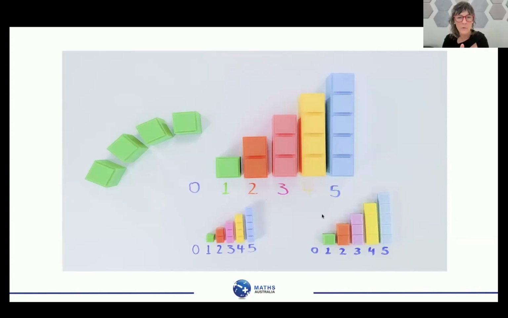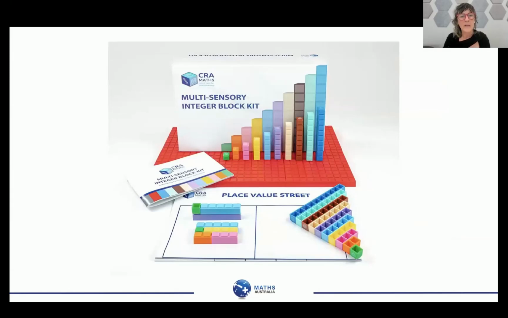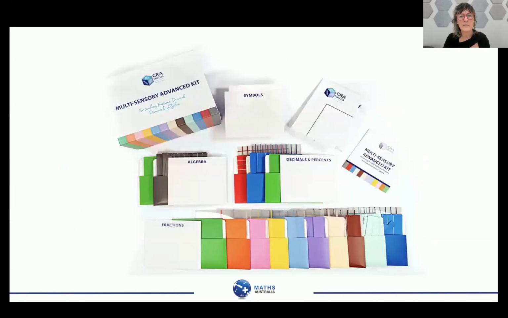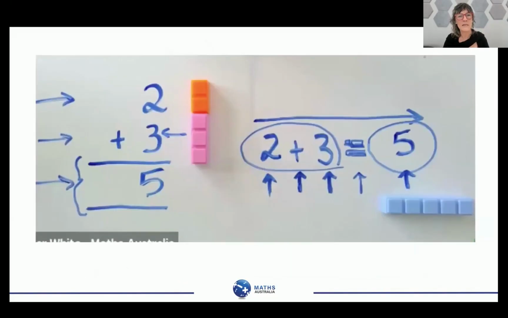There's a little bit of a distortion with the picture, but each of these are squares, which is a really critical piece. That means we can take everything we build with whole numbers, adding, subtracting, multiplying, dividing, and there's a foundation to be able to do that with fractions, decimals, and percent. So nothing's going to have to be undone. Everything builds upon the next. So that's just a picture of the integer block, the magnetic ones. This is the kit we use. We take everything that they've learned for teaching fractions, decimals, and percents.